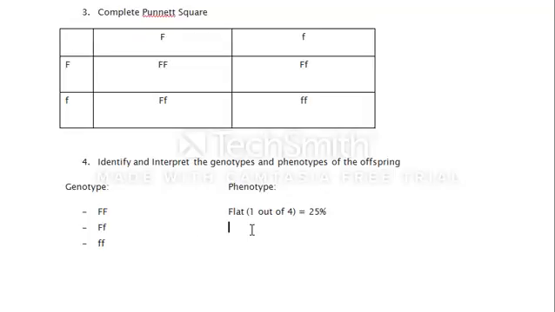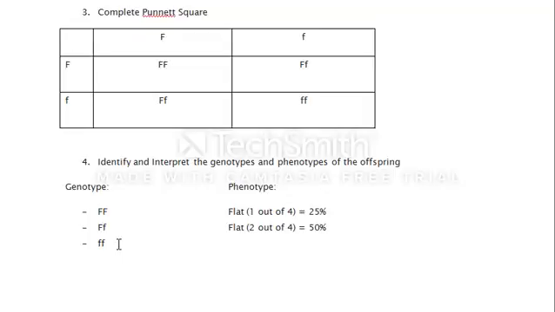For big F, little f, that will also be flat phenotype because the big F is dominant over the small f, which is round. In this case, we have 2 offspring out of 4. So 50% will have that genotype. So in total, we have 75% that are flat. This one here